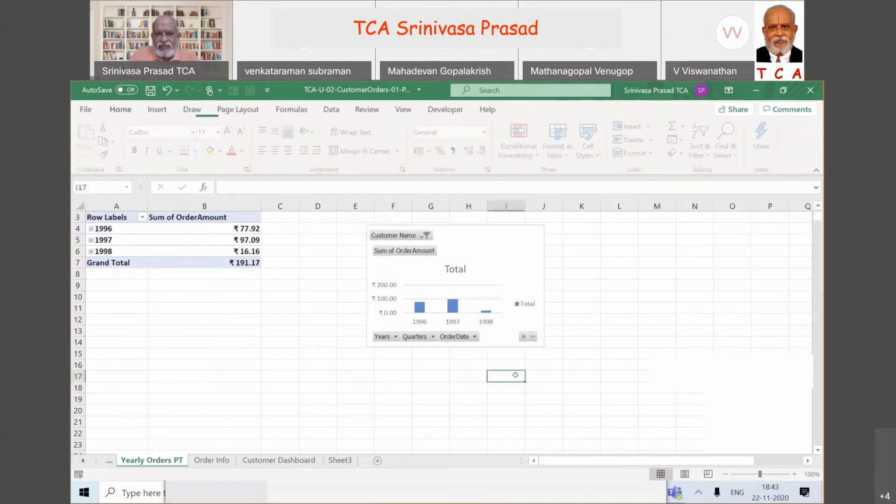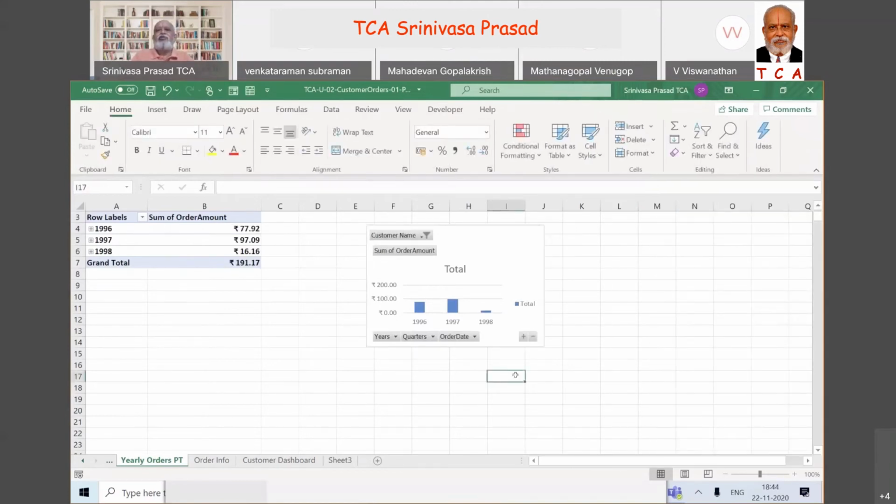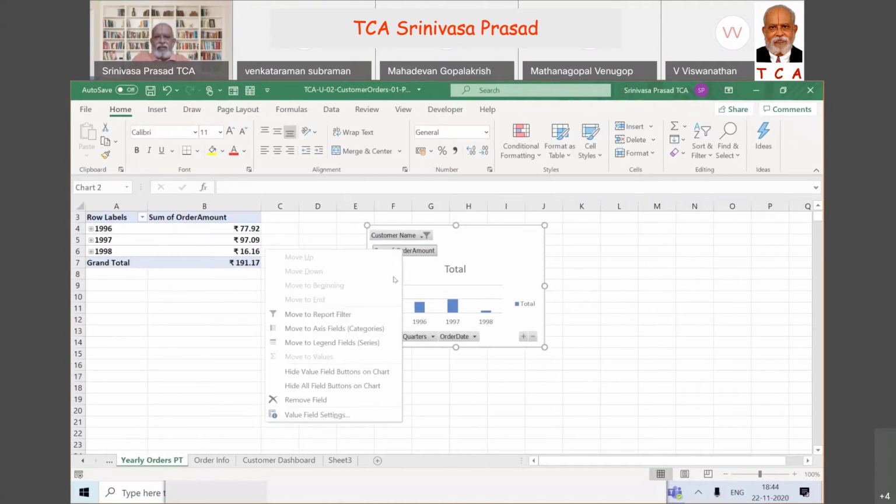Now the chart is there, but we have too many things which are not needed, like customer name, because in my dashboard the customer name is going to come. Sum of order amount, I don't want. Years, quarters, order date, everything is going to be there somewhere, so I don't want all these fields. So I take any field, sum of order, right click, then hide all field buttons on chart.